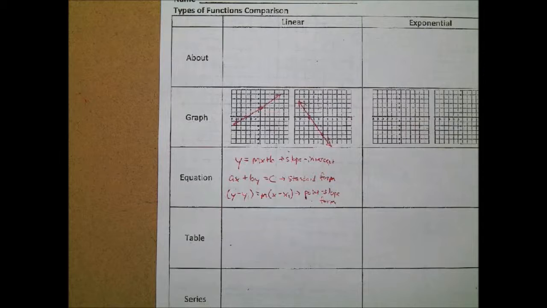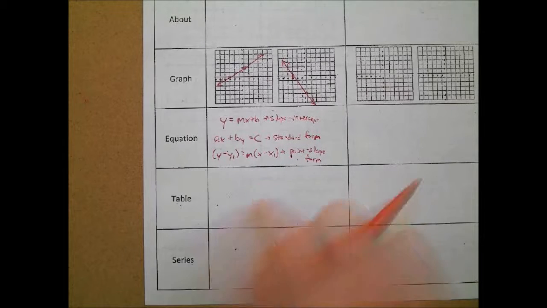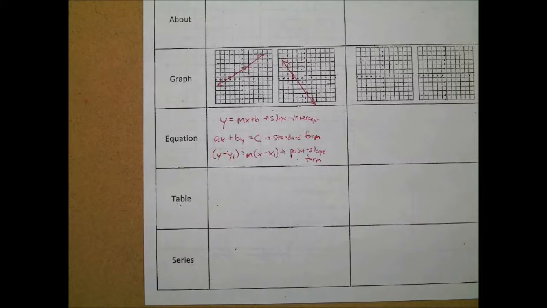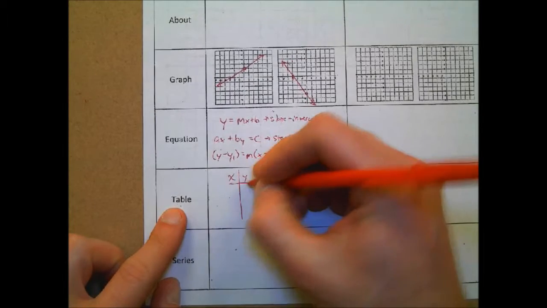Okay. What about the table? When we look at a table, for the next one down here, okay, what are we going to see in a table? Yeah. Ordered pairs that would go kind of in a row, up or down. Okay, by how much each time? Same amount. The same amount each time. Exactly right. So in the table, okay, we're going to see for the x's and for the y's,